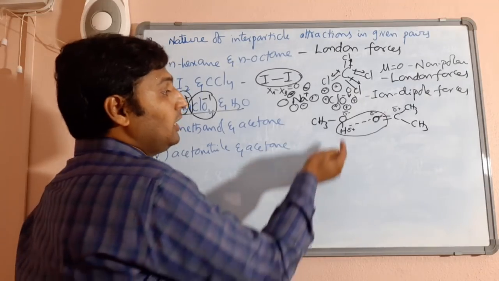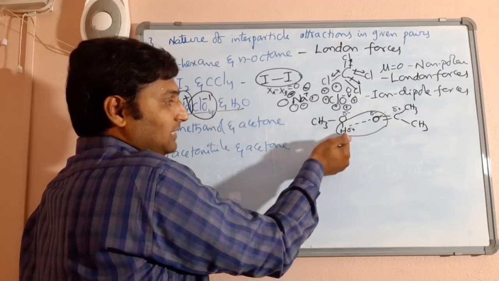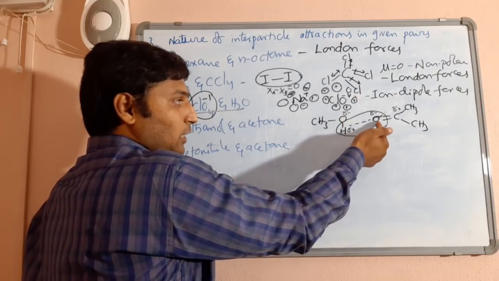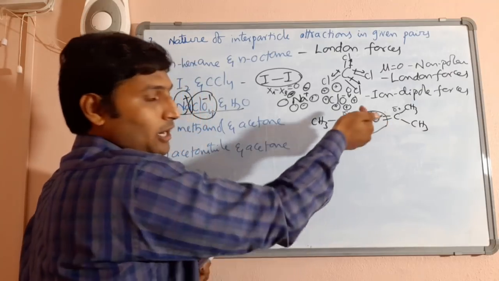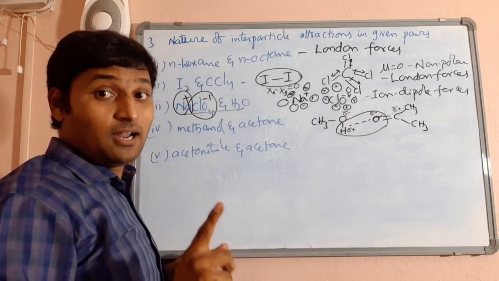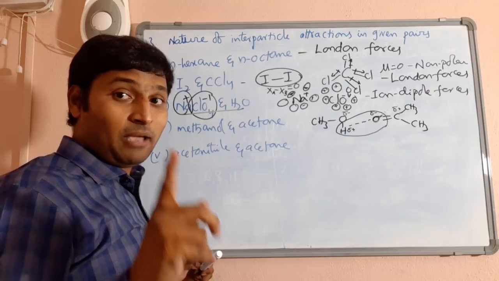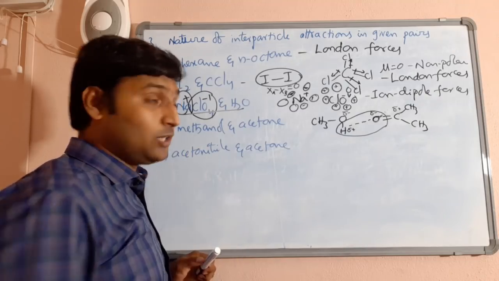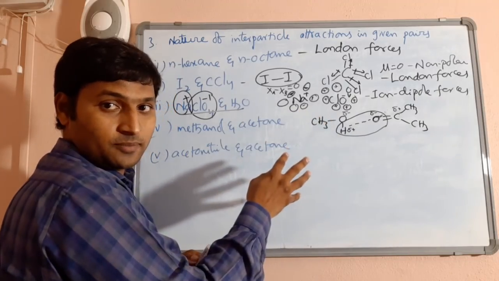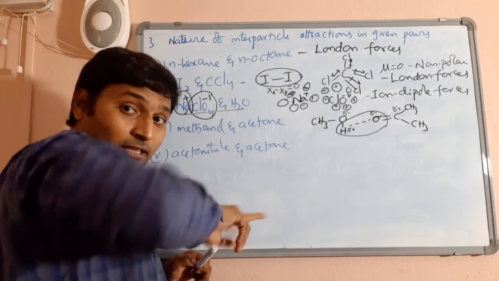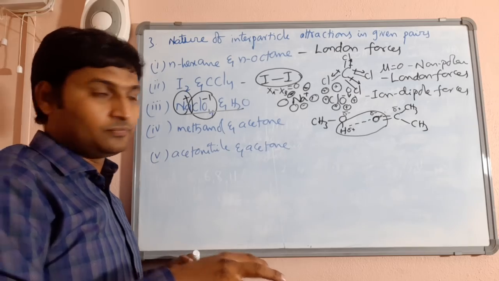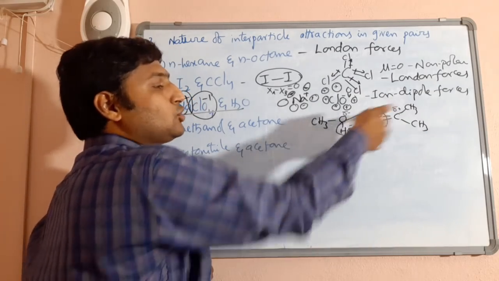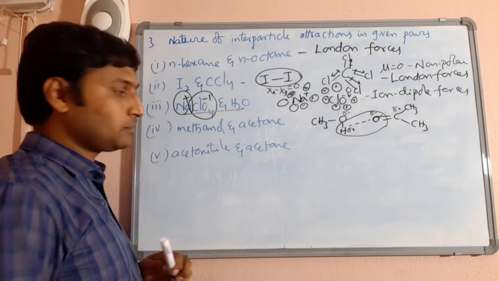So, because methanol has an electropositive hydrogen in the near vicinity to the electronegative oxygen of acetone, they can enter into intermolecular hydrogen bonding with each other. But the intermolecular hydrogen bonding may not be as strong as it was between the methanol molecules. Before mixing, methanol molecules had intermolecular hydrogen bonding. Now after mixing, these two will enter into intermolecular hydrogen bonding.